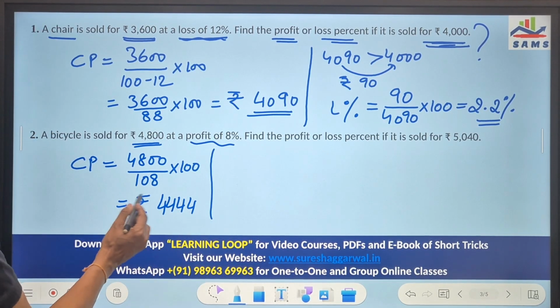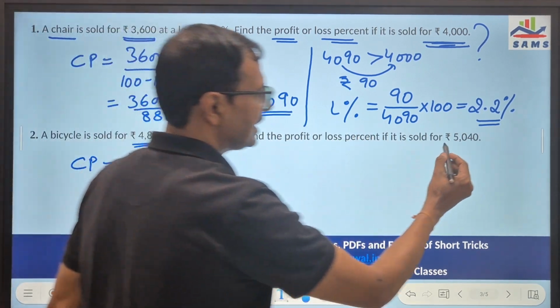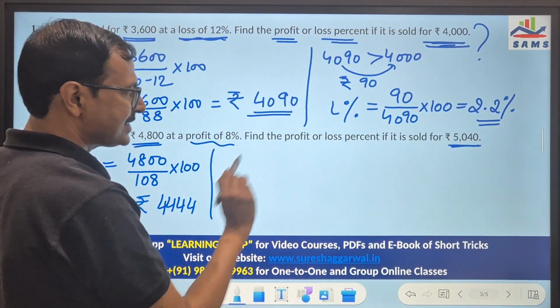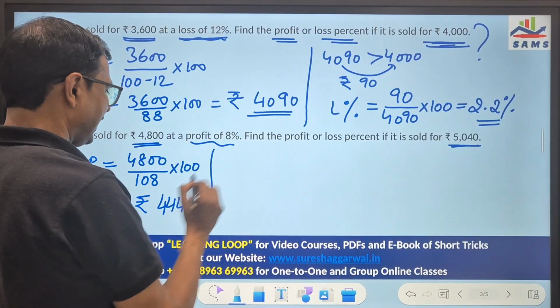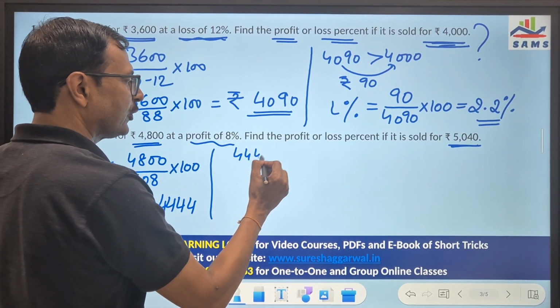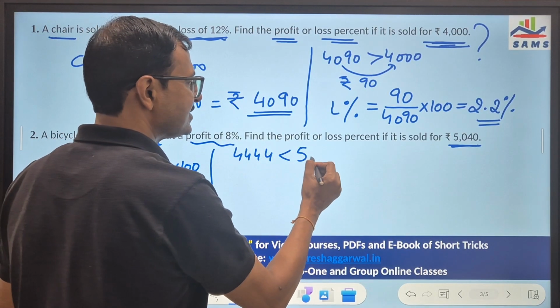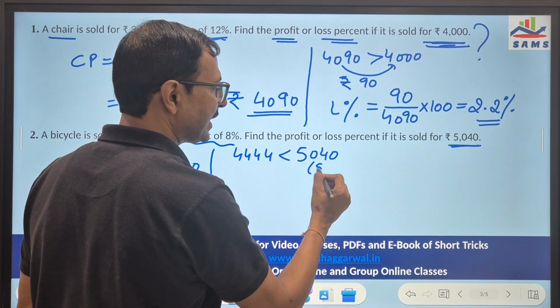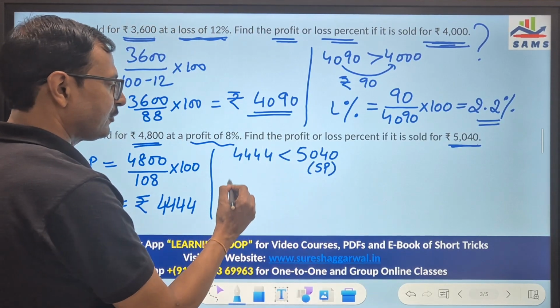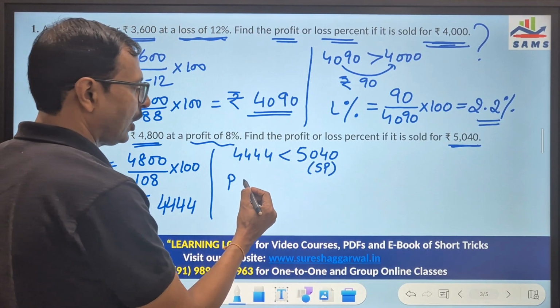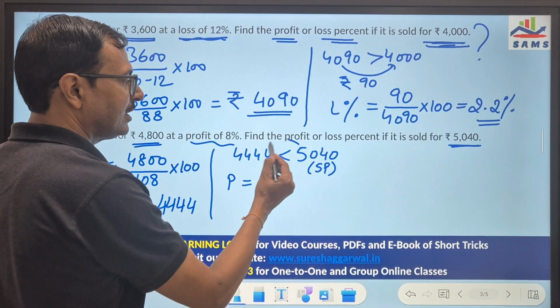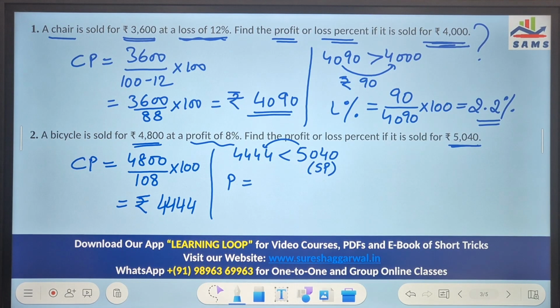Now compare this cost price with the selling price here. Now you can see 5040 and 4444. 4444 is less than 5040. That means the selling price is greater, and therefore there is profit. And how much of profit? Just take the difference between 5040 and 4444. That will give you